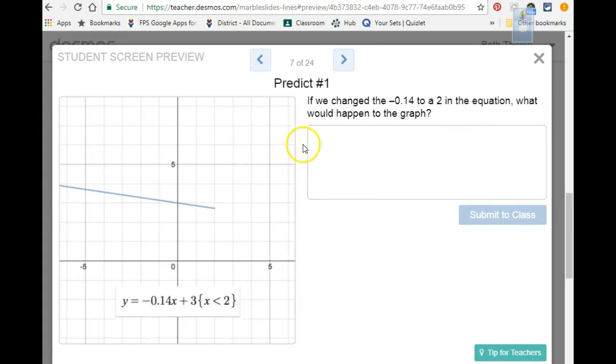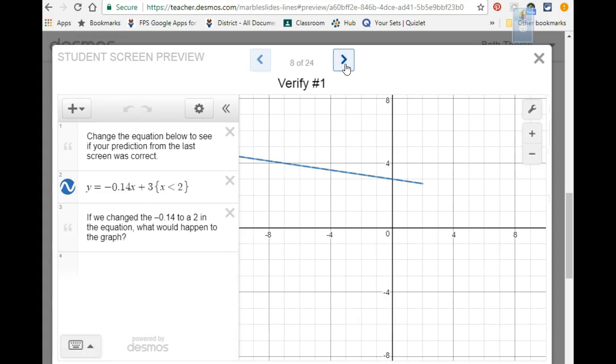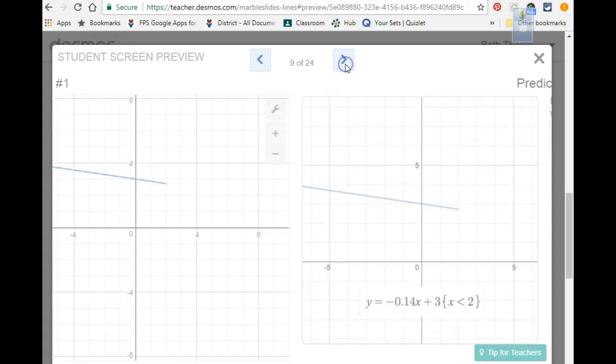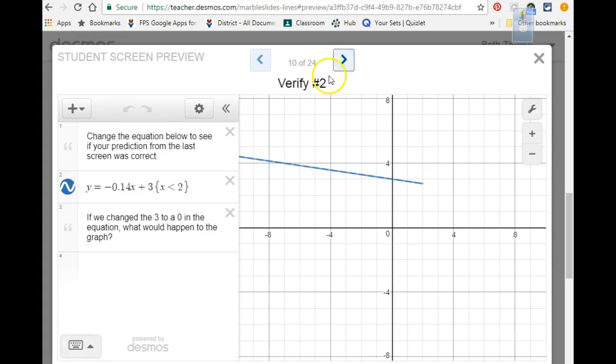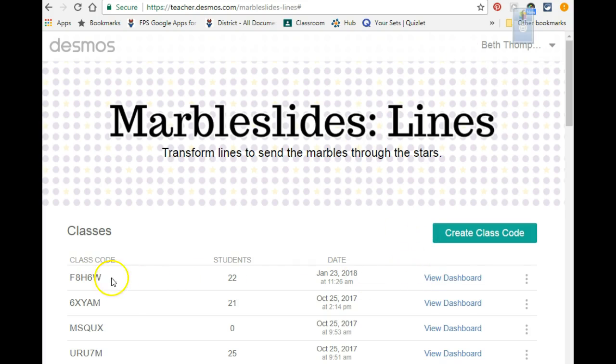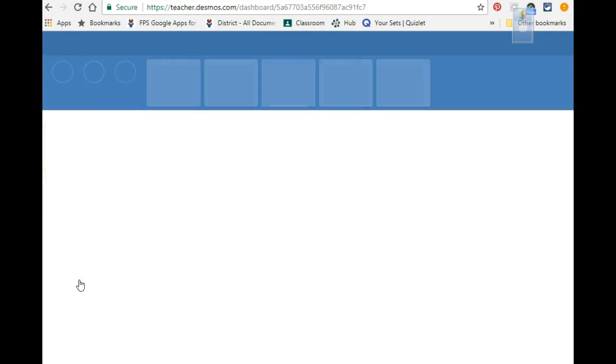Again, this one says, if we change this -0.14, what's the -0.14? That's our slope. If we change it to a 2, what happens to our graph? So you can go back and look at some of those. This is what you are going to be taking a look at doing. There are different problems. They get more complicated. You're going to be asked to check some things, to use this equation and see what it looks like, and to make some changes. There are 24 of them. So what I would like for you to do right now